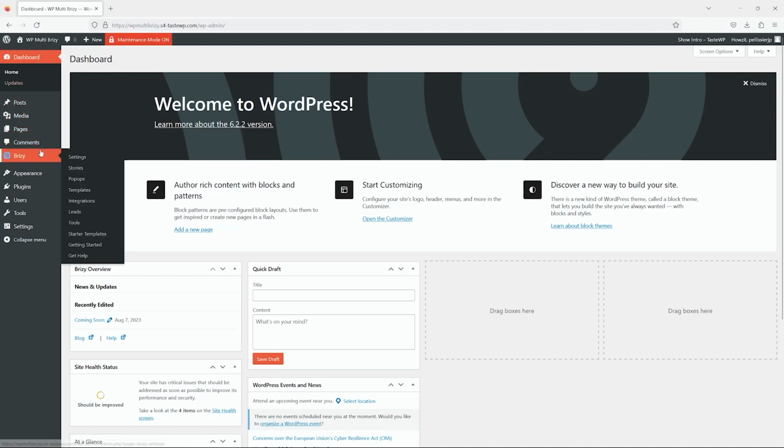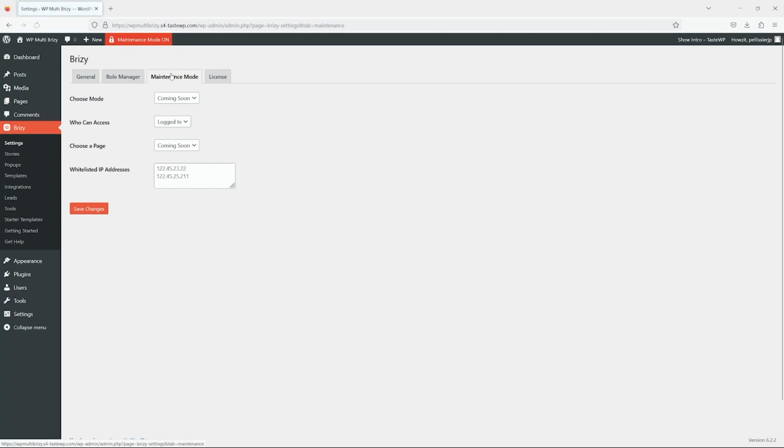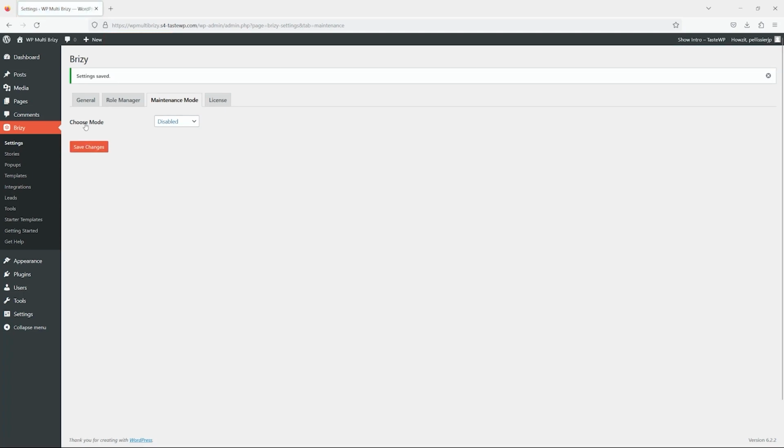And when you're done with that, you can simply come again to your settings, maintenance mode, and then you remove the coming soon page. This you will have to do manually. So choose mode, and then you go ahead and select disabled. I'm going to put it back on disabled because I don't need it for this tutorial,